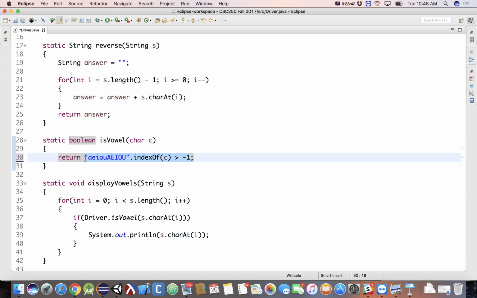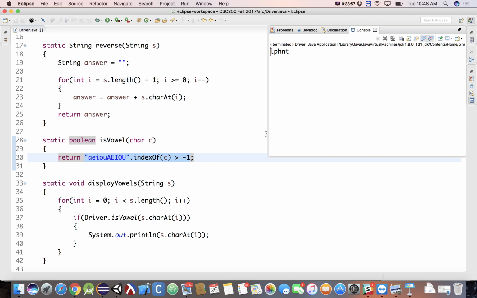If it's not found, it'll give me a -1. Is -1 greater than -1? It's not. It'll boil down to false. So functionally, this gives me the exact same answer as the previous thing I had in there. We can go ahead and run this, and we see we get the same output. Make sense? So IndexOf, pretty powerful. Okay,